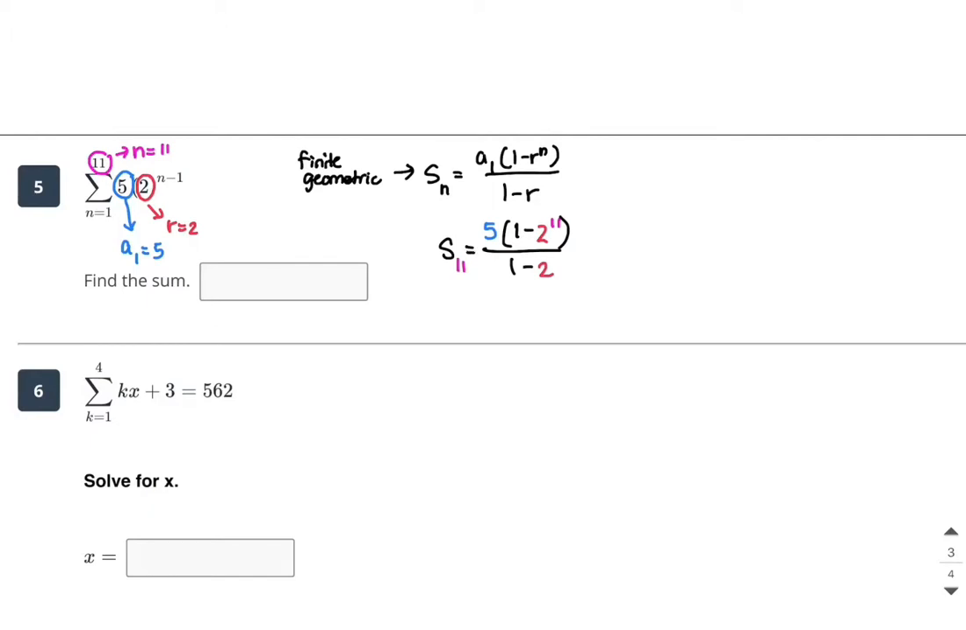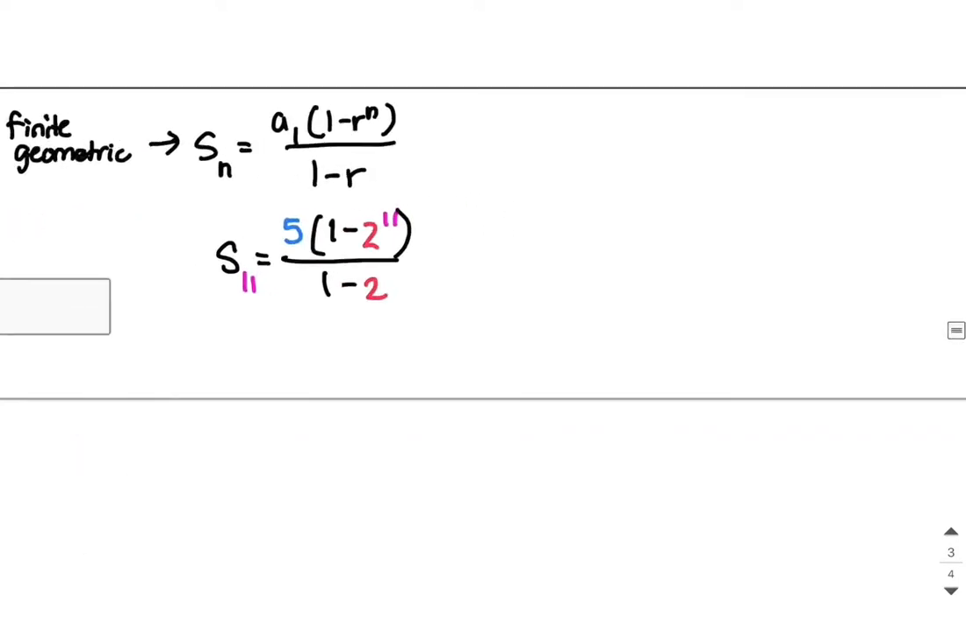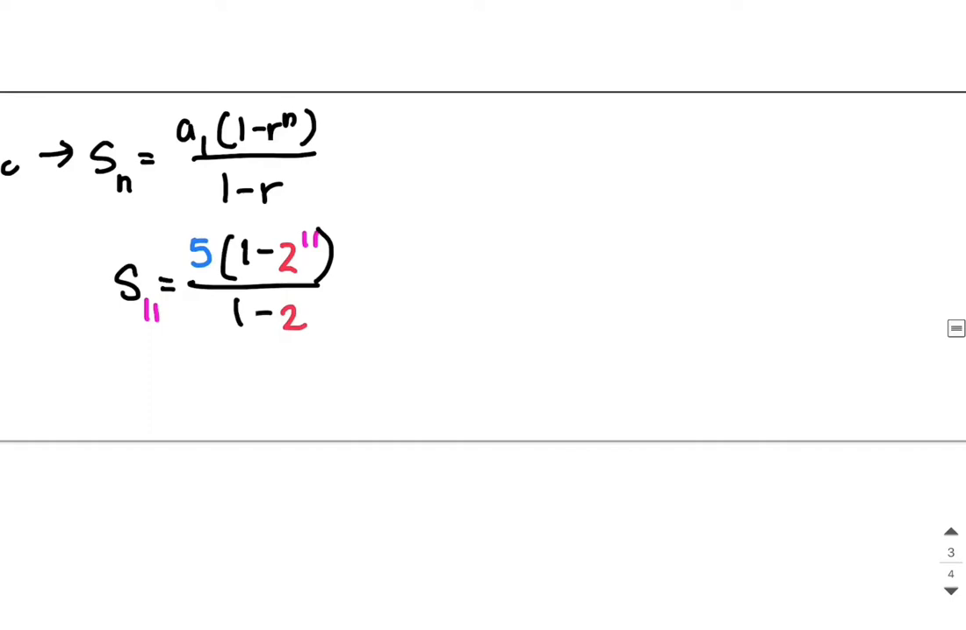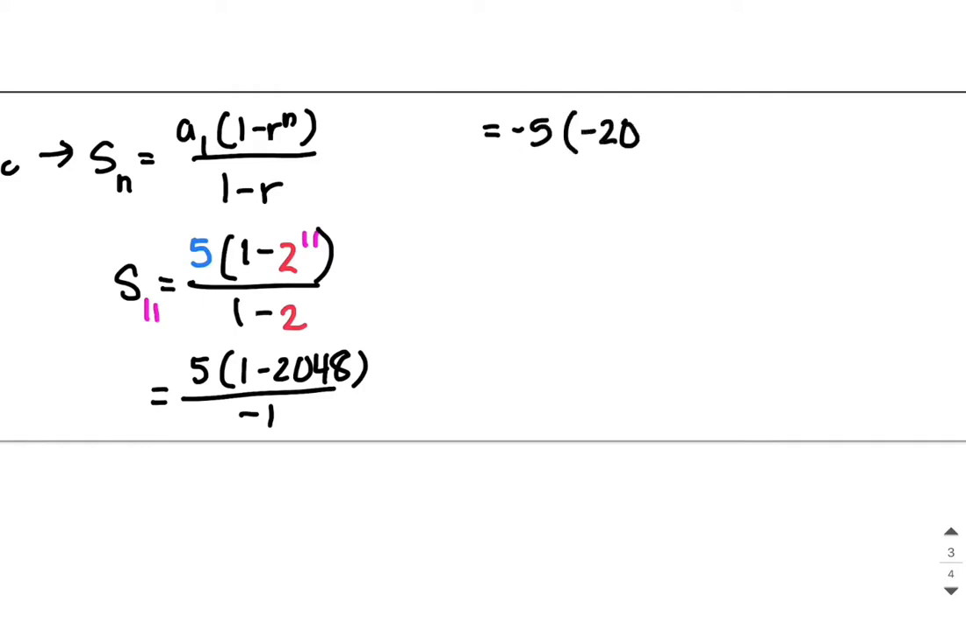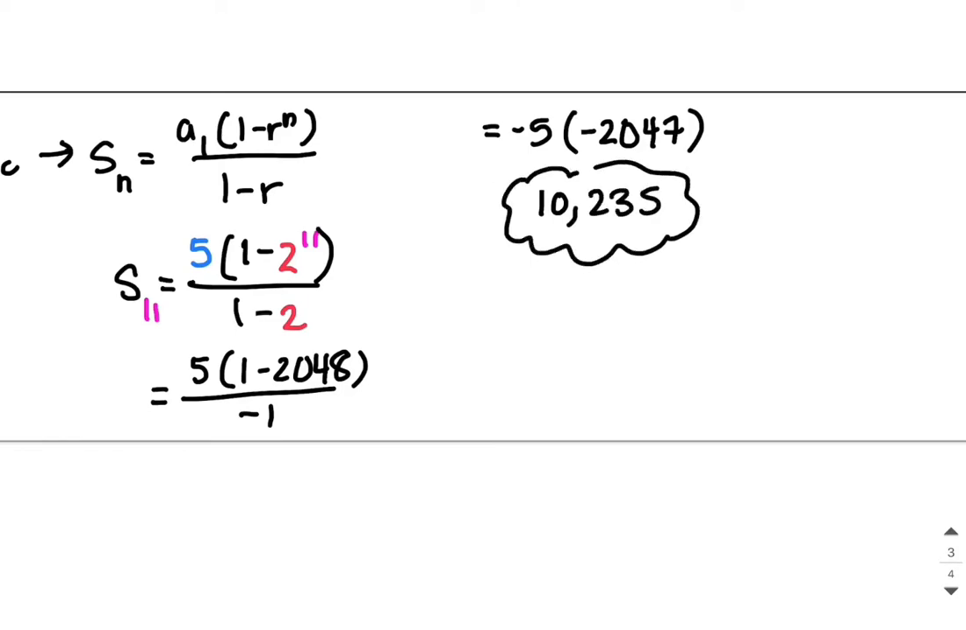It's the partial sum. I'm adding the first 11 terms. And then from there, I just simplify. So 2 to the 11th power is 2048. So I have 5 times 1 minus 2048 all over negative 1. That's going to give me 5 divided by negative 1 is negative 5 times, in parentheses, I have negative 2047. And when I multiply these together, negative times negative 5, I get positive 10,235. So my answer is